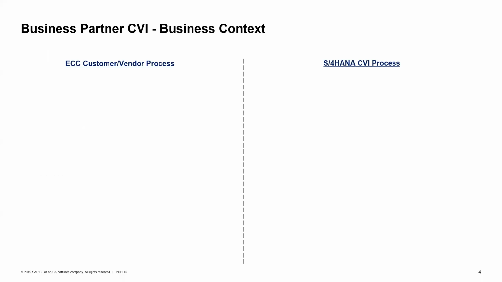So just to quickly jump onto the topic, to start with, I'm going to talk about the business partner and the CVI context as such. Now, we all are familiar with the customer and the vendor data models that we used to have during the ECC days. I'm sure we all have a lot of ECC customers today as well, where we are pretty much used to the traditional customer and the vendor business processes that typically run through the XD and the XK